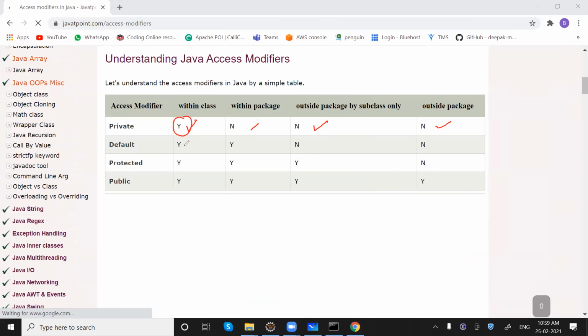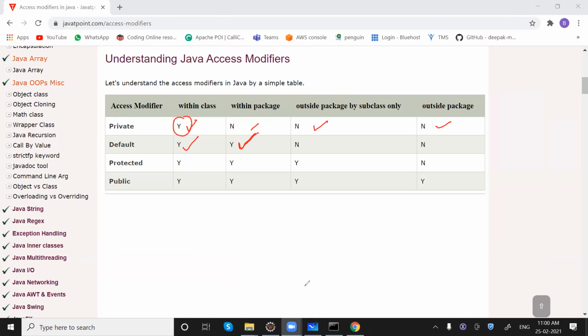When it comes to default, it can be accessed within the same class, and any class within the same package. Like in our program, when we had Person and PersonTester in the same folder, we were able to access int age and String name, but later we had to make it public. You remember?